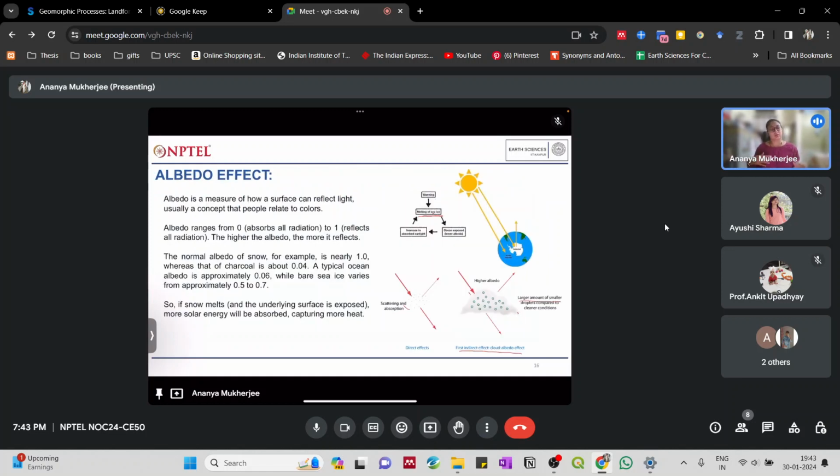In next week's class, the content again starts with some part of the energy budget. So we can cover from that, and then we will move on to how surface water acts as a natural agent, and what are the different landforms that are formed because of that. So any questions you have right now, you can ask me now.